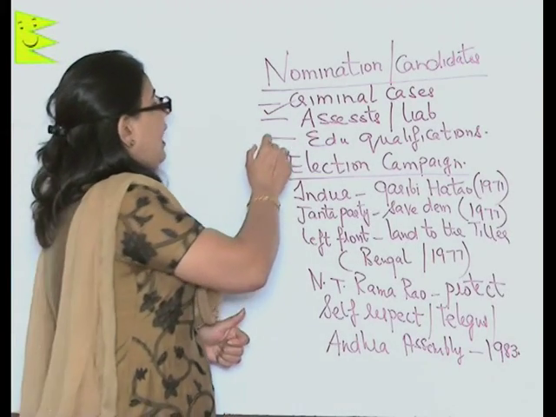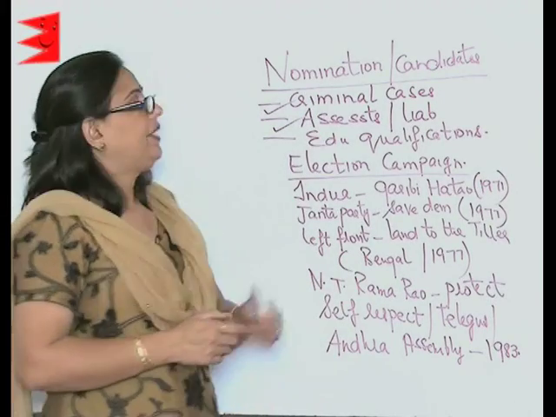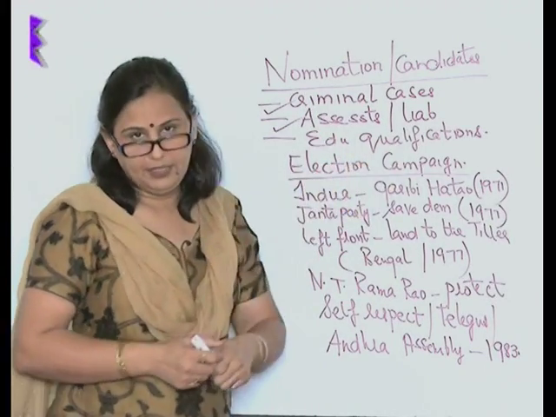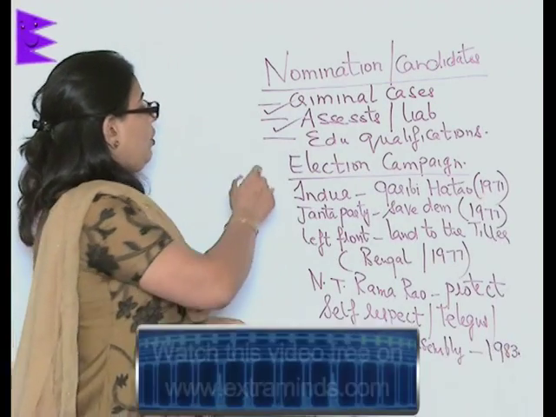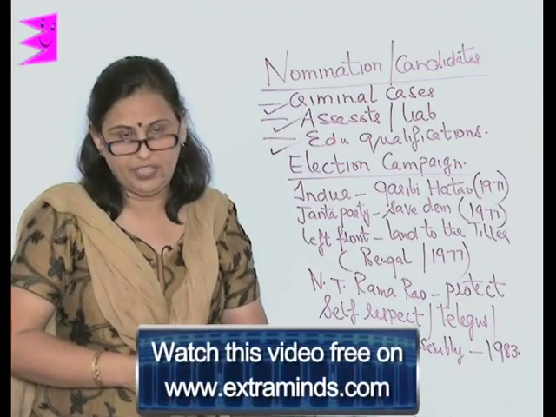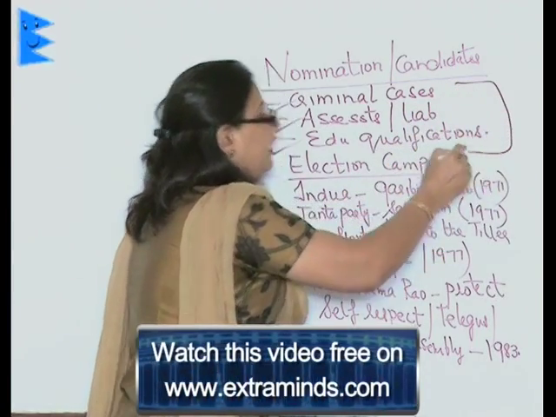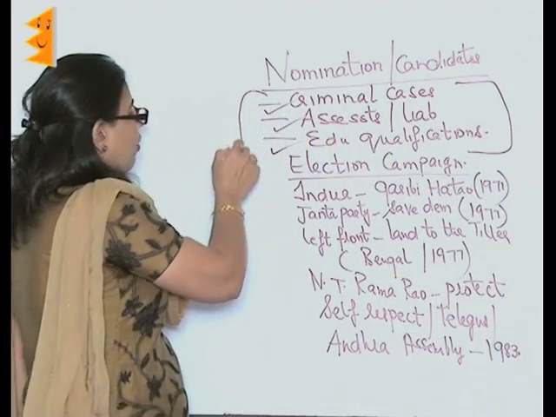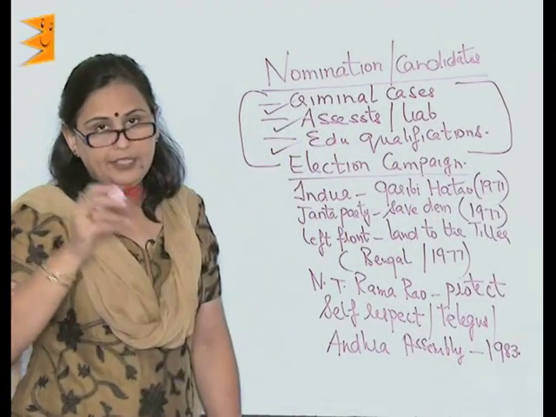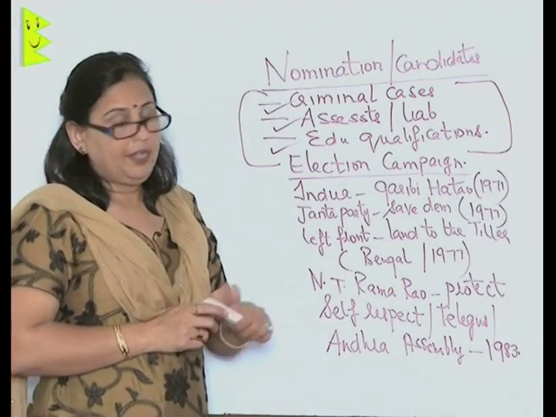Then he has to tell about his and his family's assets and liabilities. He also has to fill in his educational qualifications. When all such details are known about a candidate, it is very easy for a voter to vote in favor